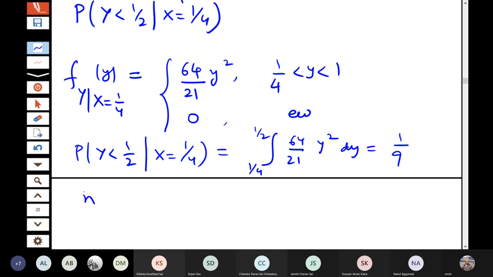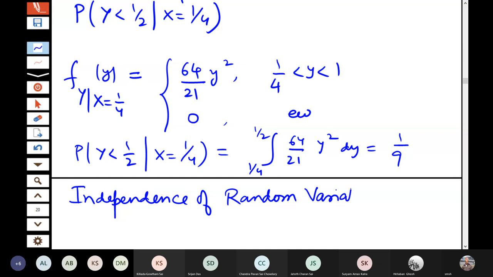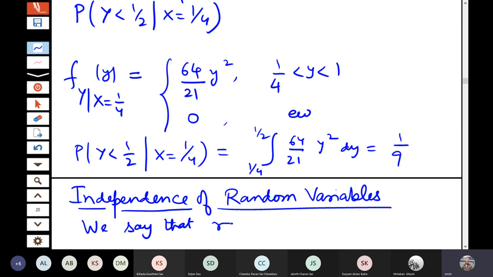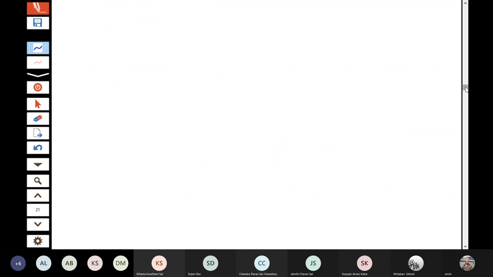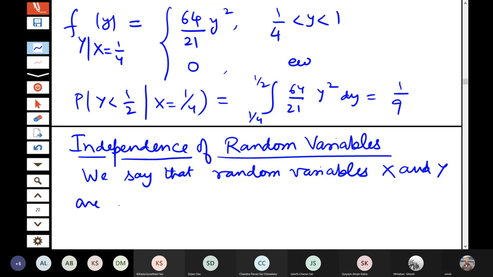So we say that random variables x and y are independent, or independently distributed,